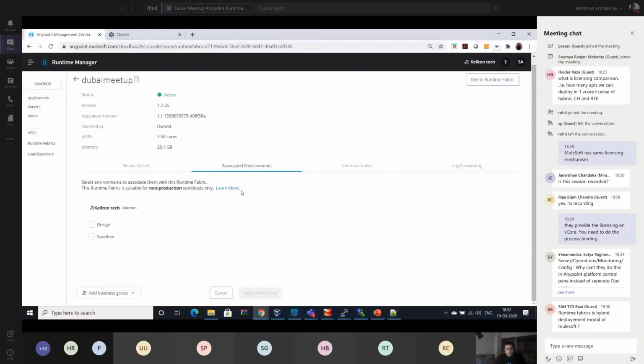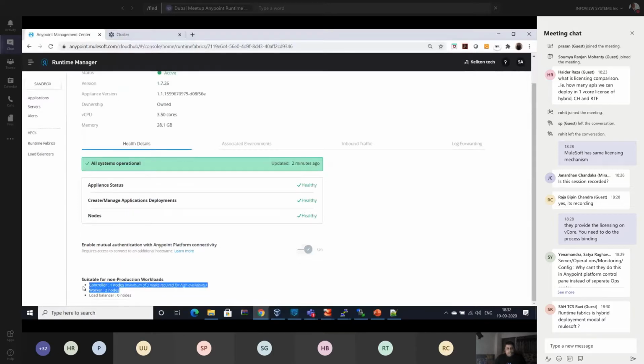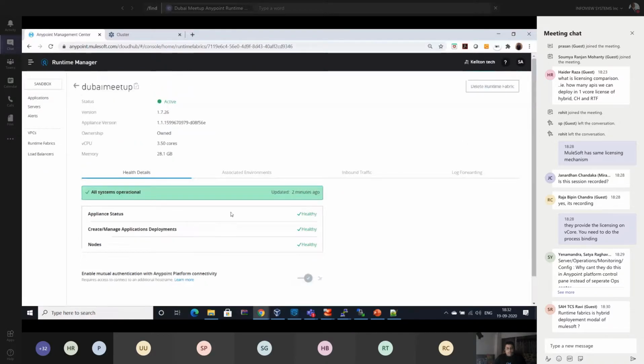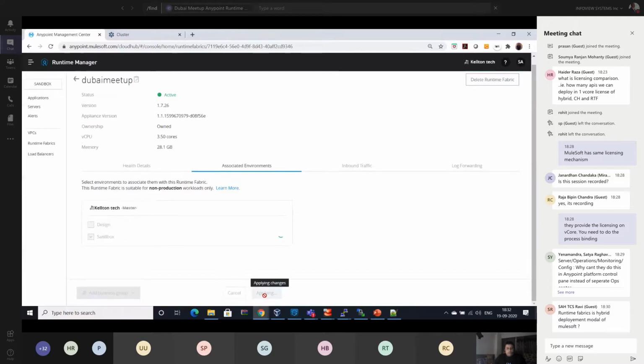I cannot associate my server if I do not have this capability in my runtime installation or infrastructure: at least two nodes and one controller. You can have more than one controller if required, but it's a non-production environment, so it's not required to have multiple servers; it's based on understanding. So let's go and associate with the sandbox.